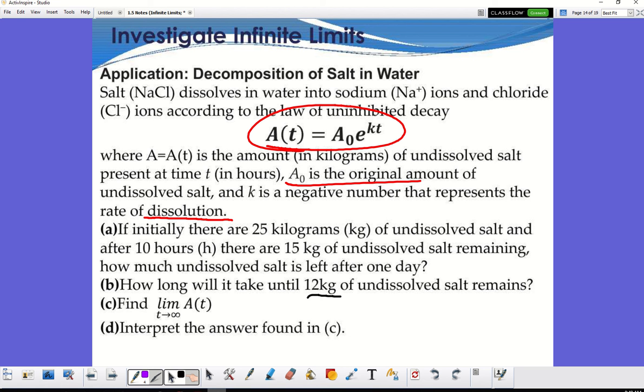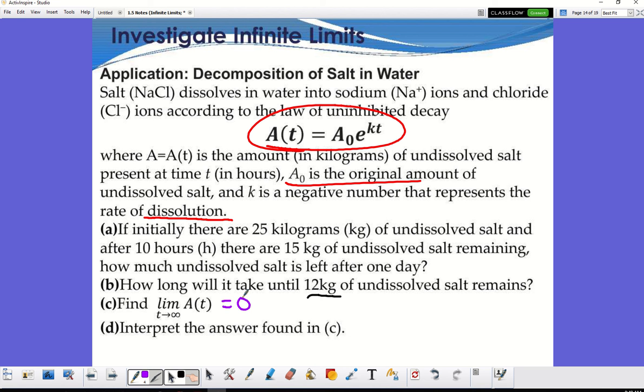Yes. So as I take E to a negative exponent, what was that? It goes to 0. Because even though I'm plugging in infinity, it's infinity times a negative number, so it's going to be negative infinity. E to a negative power, so a negative infinity, is going to go to 0. E to the positive power is going to go up to positive infinity. So the limit as T goes to infinity is going to go to 0.